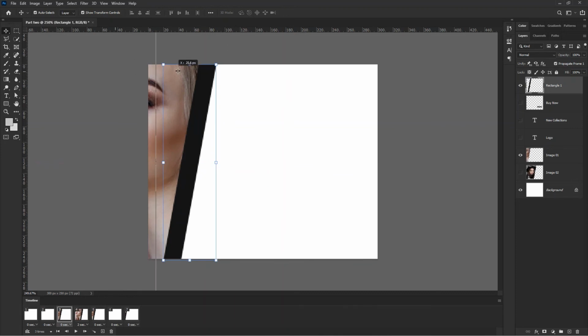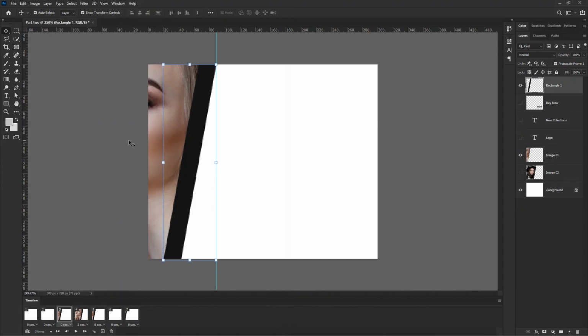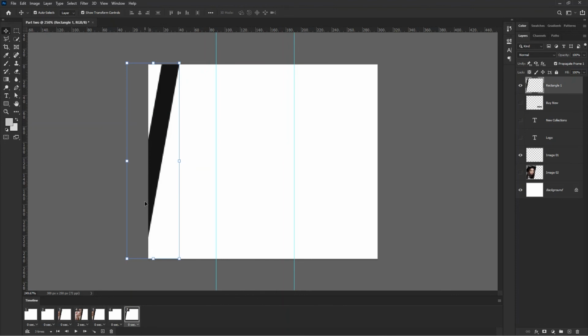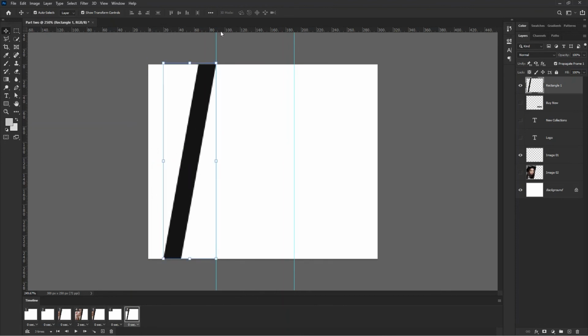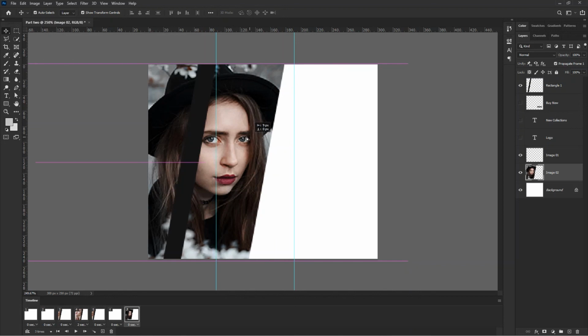I drag a guide from the ruler. So if you don't have this ruler visible, you can go to view and then hit this shortcut to bring the ruler on your workspace. So I add this guide and then another guide here for the position of this rectangle, and then come back to frame 7, and then I move the rectangle to align it with the guide, and then make visible this image which is on the right side, so I move it